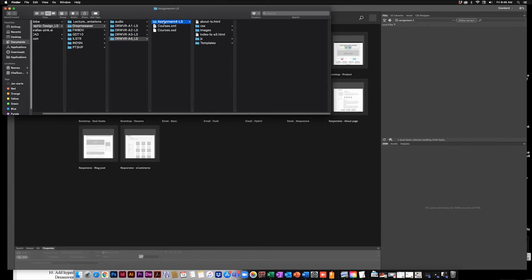So for right now, you should have Assignment 3 copied over. I called it Assignment 4, and I'm just going to rename some of these. So index ls, I'm going to add this as 4. And I'm going to put this about us also as A4, so I know what I'm working with here. I'm going to leave my single page and styles because I have those in this folder, and I'll make sure that they link when I open up my site manager. So now that I have that all done,